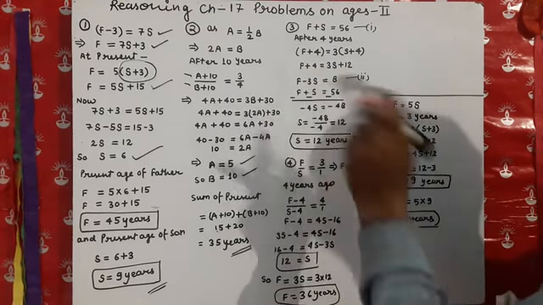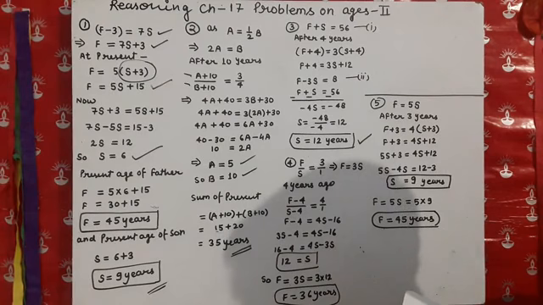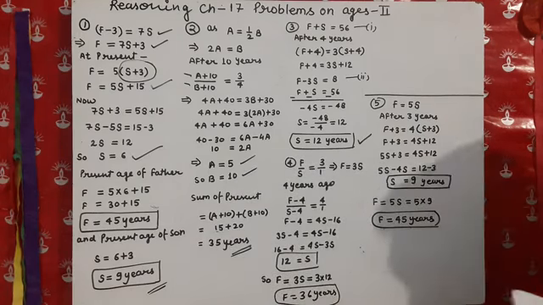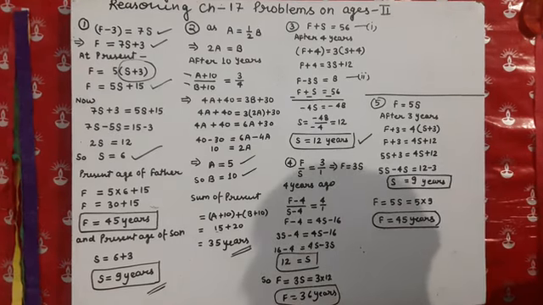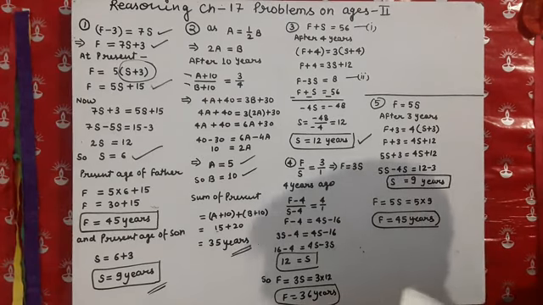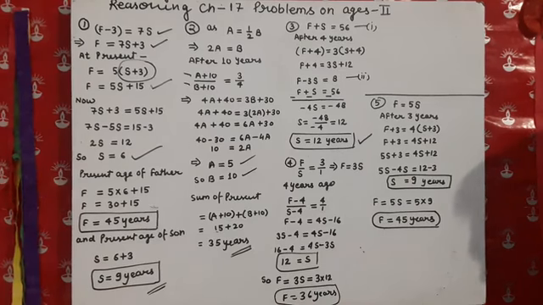So here the final answer is, what is the age of the son? So the age of the son becomes 12 years. But now the question is asking, what is the age of the son? At which time? That is the age s given for that situation, that condition, taking f and s as they are. But the question is asking the present age. That means the present age becomes 12 plus 4. So it becomes 16 years.